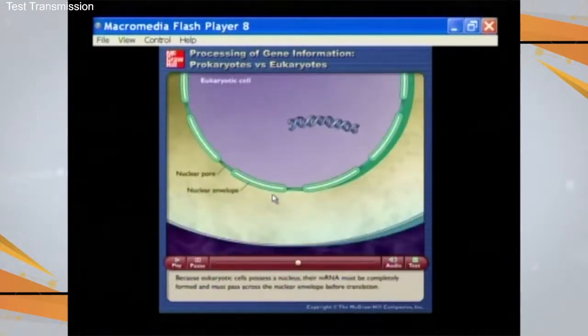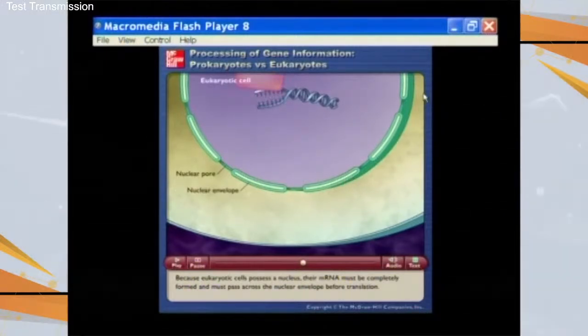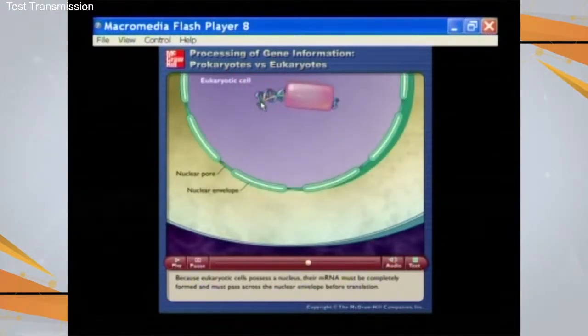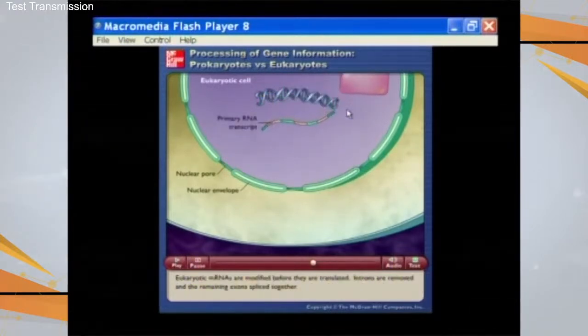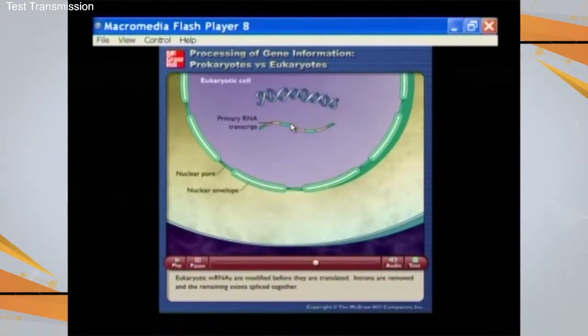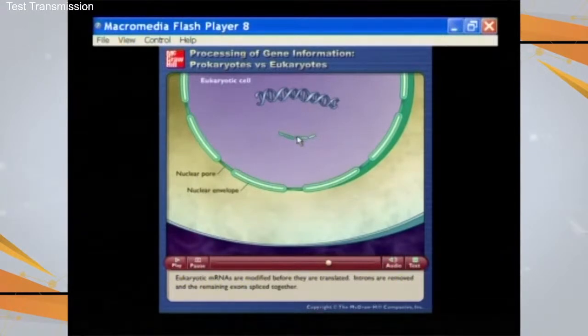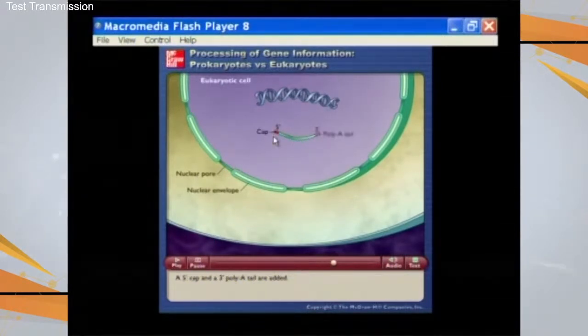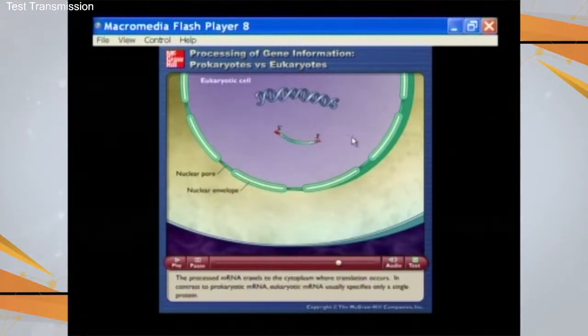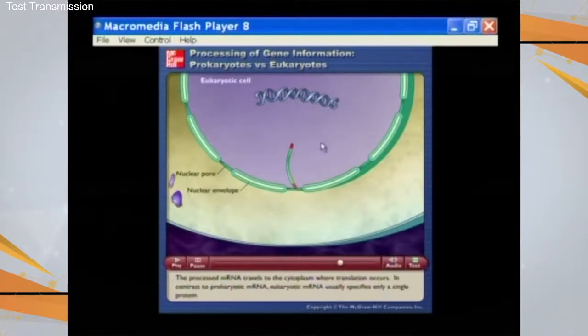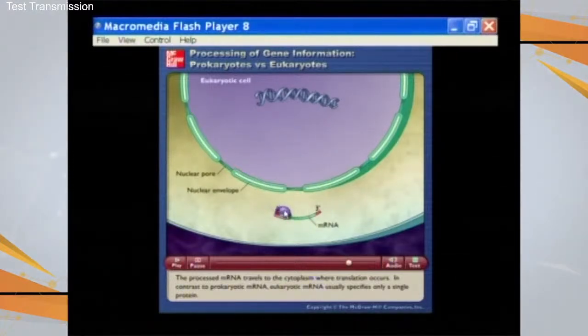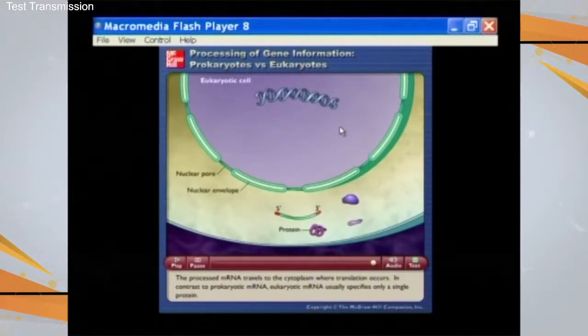In the case of eukaryotes, because a membrane-bound nucleus is there, first the full copy of the messenger RNA is produced, and then the processing of the messenger RNA is done. The inactive parts, the introns, are cut out, and the exons, the active parts, are joined together. Then the 5' cap and the 3' poly-A tail are added, and the RNA passes through the nuclear pore outside and associates with the large and small subunits of the ribosome, giving us a polypeptide chain. In a eukaryotic cell, transcription occurs in the nucleus and translation occurs outside the nucleus in the cytoplasm.